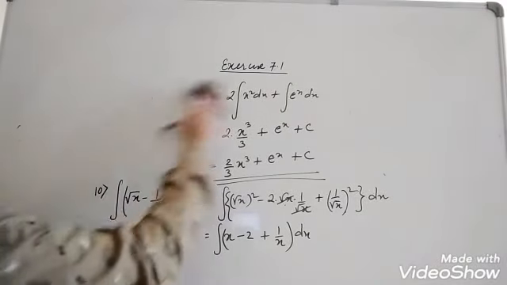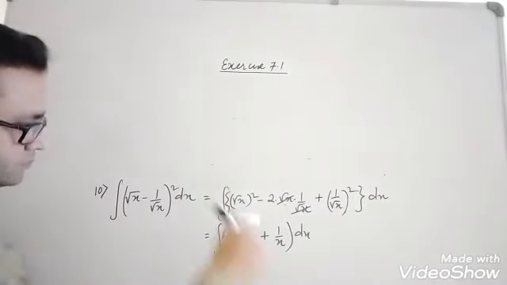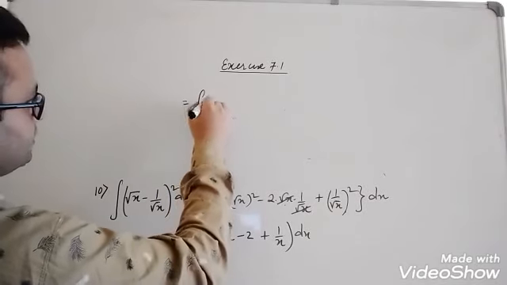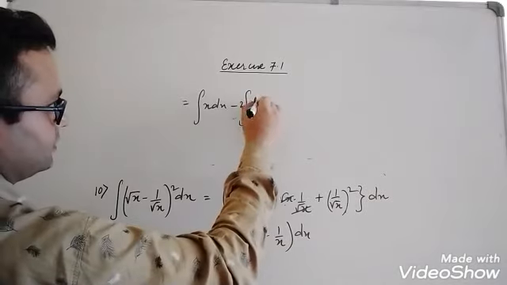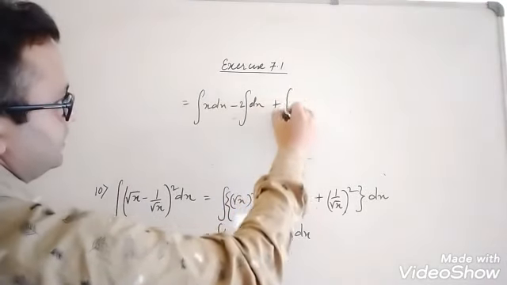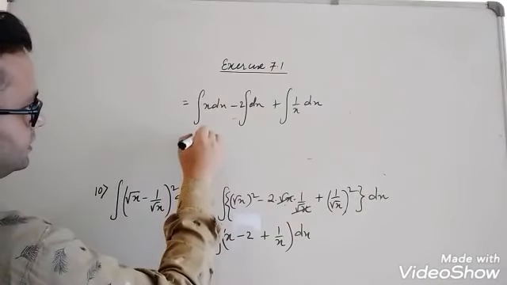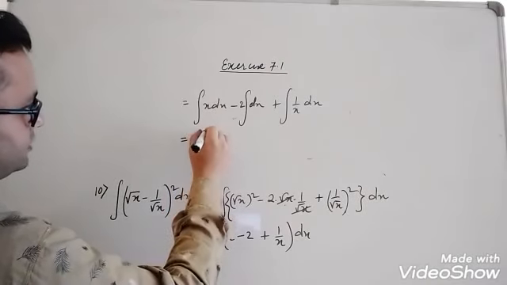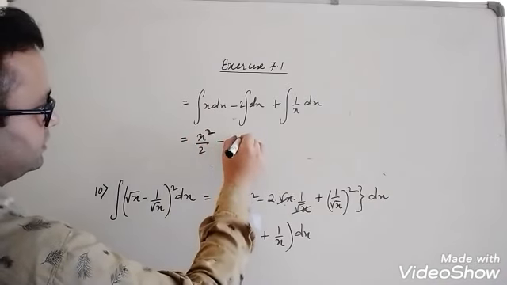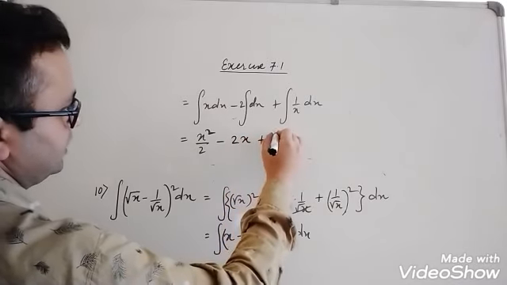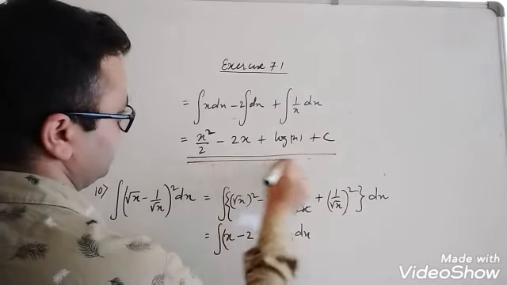After that, separate. This equals integration of x dx minus integration of 2 dx plus integration of 1 by x dx. So this equals x, integration of x is x square by 2, because the power of x is 1. So 1 plus 1 is 2, divided by 1 plus 1, minus 2 integration of dx is x, plus what is the integration of 1 by x? It is log x plus c. So this is the answer. Okay, this was for today. Thank you.